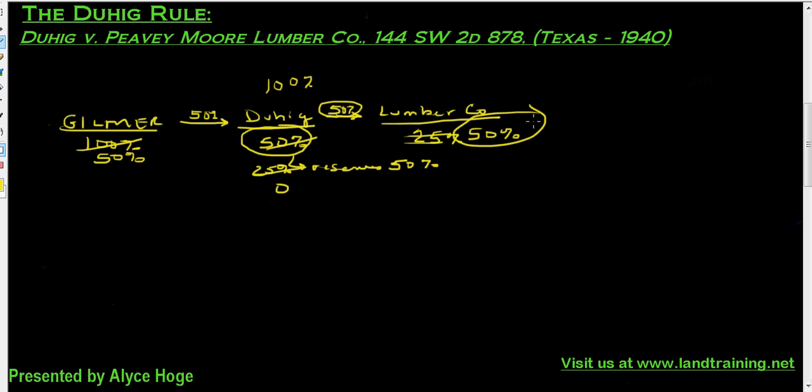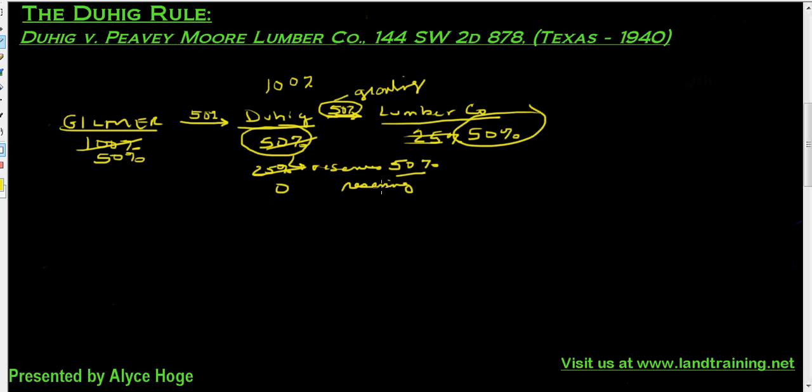If the deed does not clarify that there's any prior reservations, it's reasonable for the grantee to think that they are getting 100%. So what the Duhig Rule says is that if there is a conflict between the granting clause and the reserving clause, we're going to satisfy the granting clause first. So we're going to give priority to the granting clause, and then if there's anything left after that,